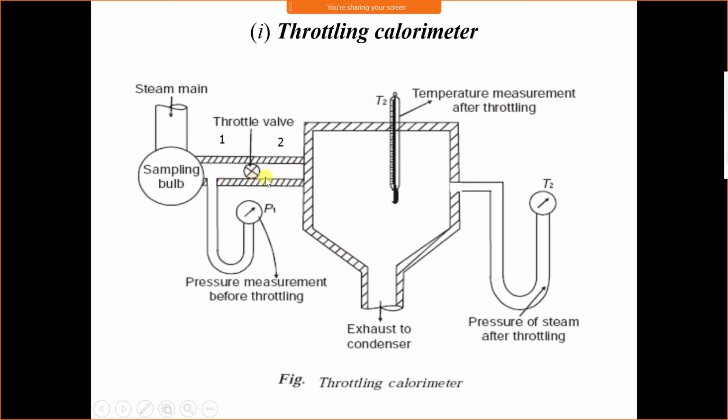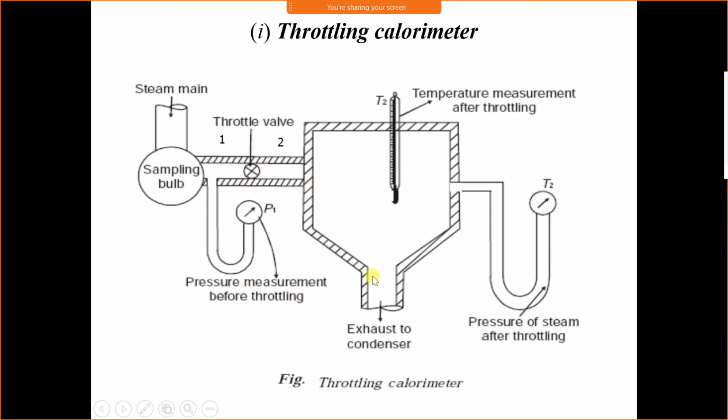Wet steam is a mixture of saturated water and saturated vapor. Suppose saturated water is 50% and saturated vapor is 50%. Dryness fraction is 50%, or we can say quality is 50%. If the water molecules are 20% and steam molecules are 80%, then dryness fraction is 80%. It depends upon the amount of dry steam available. If the amount of dry steam is 20% and water molecules are 80%, then dryness fraction is 20%.